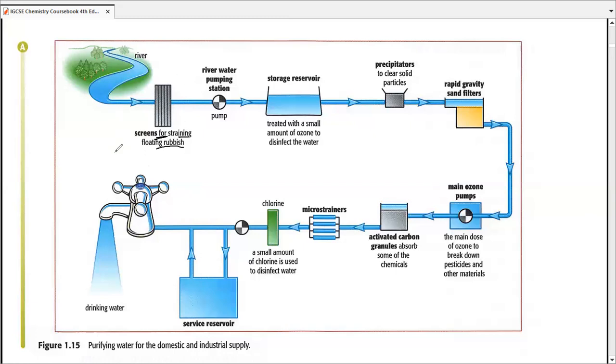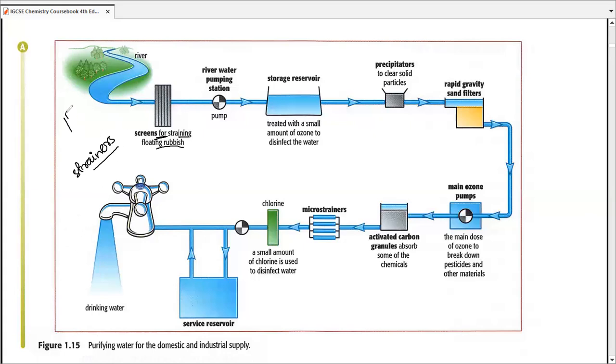Screens are actually a bigger version of the strainers we commonly use at home for straining tea powder from the tea material. I hope you have enjoyed tea at home, right? And I hope you understand what a strainer is, which is usually used to separate the tea powder from the liquid, so that you can easily drink the liquid, right? So I hope you've seen the